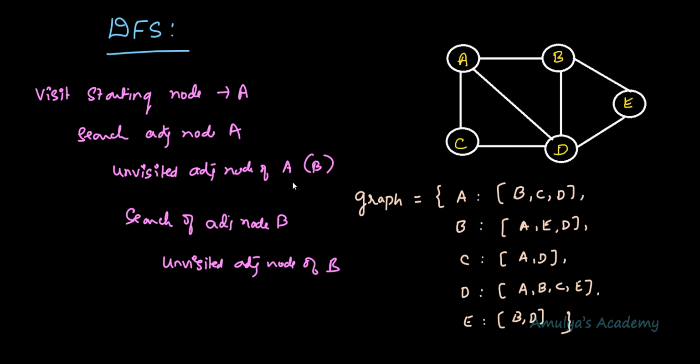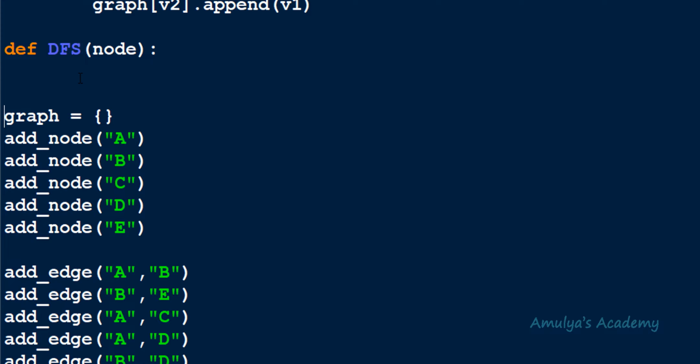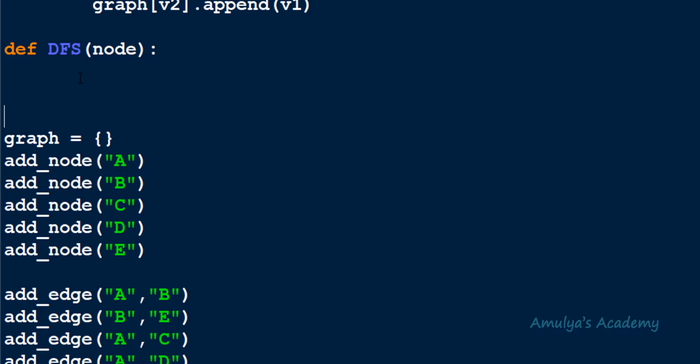If it is already present in that list or array, that means that node is already visited. If it is not present in that list or array, then I can say that that node is not visited till now. So you can visit that node. So here in the program, we need a list or array, or I can take a set also.